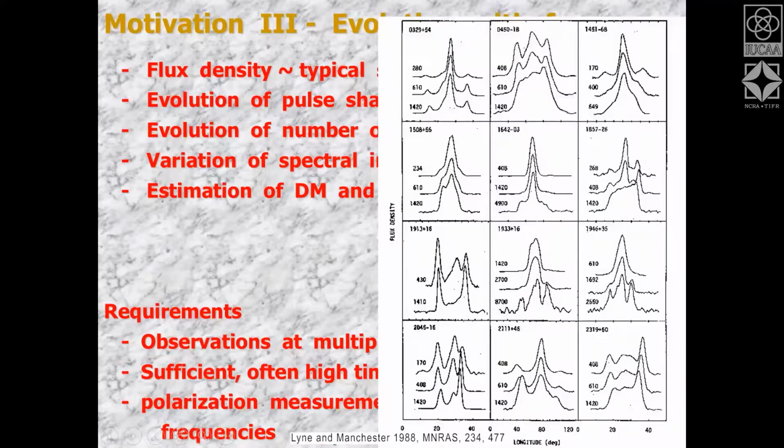Okay. So again, this is an example of how the pulsar pulse changes as a function of frequency, and you see that all kind of evolution takes place. So your double component can become triple components. The amplitudes of components can change as a function of frequency, and this is telling us something about the pulsar beam itself. Okay.